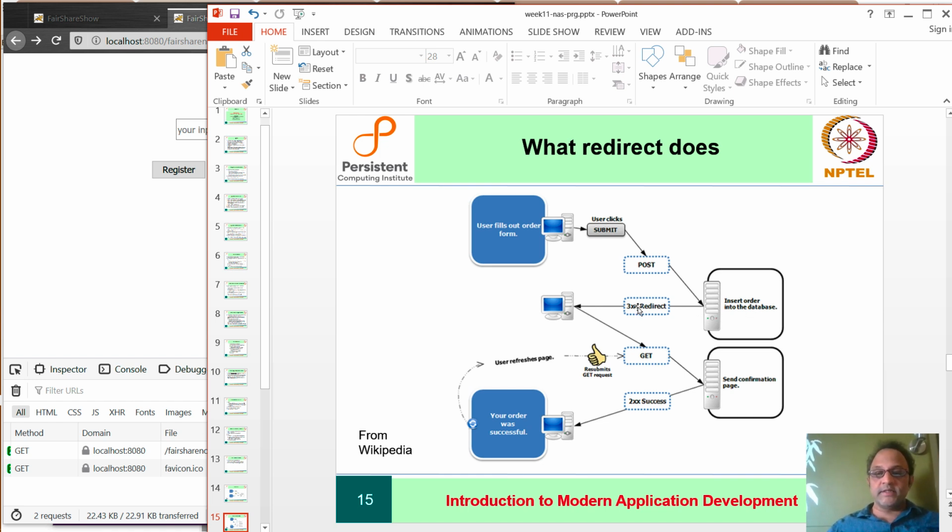Then it sends what is called a 302 redirect. We will see an example shortly. At this point, the user's machine originates a new request, which is a GET. Then you send the confirmation page. You are told your order is successful, and if you refresh it or otherwise request it, you get the same thing back. So that's really the overall picture.